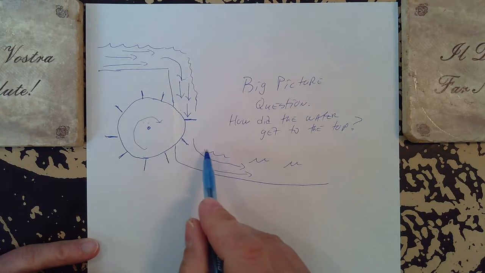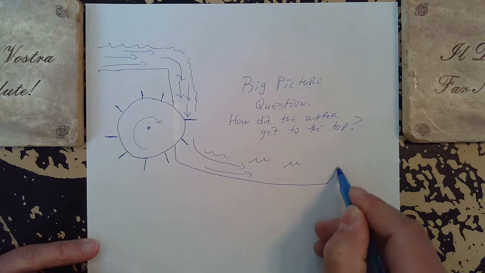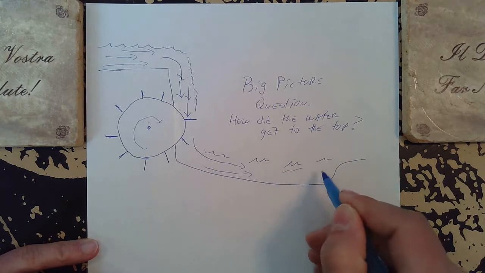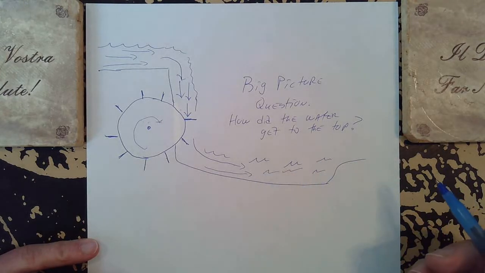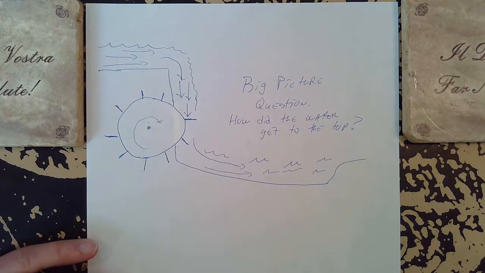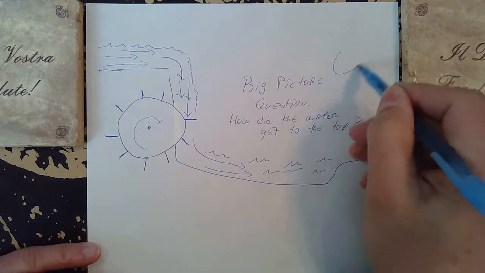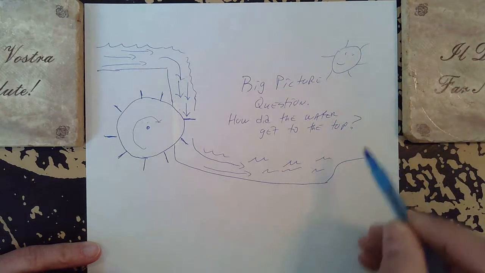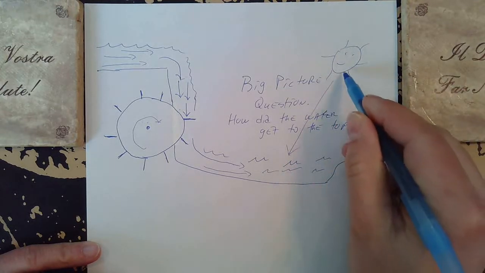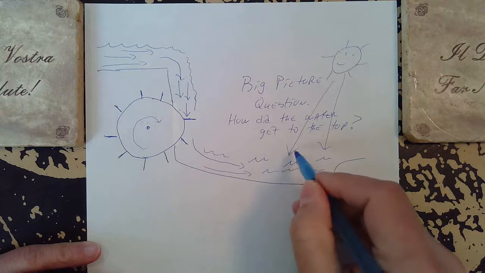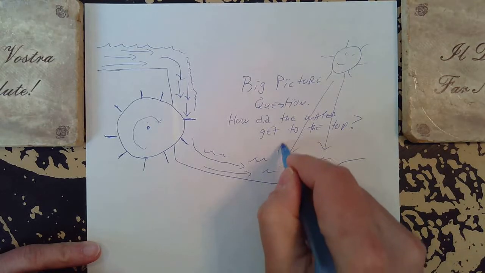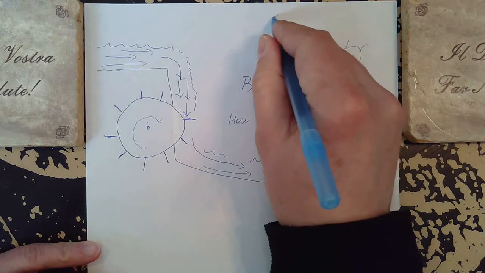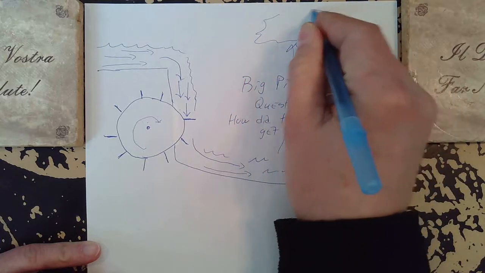So eventually this water down here is going to pool into a lake or a pond or something like that. Eventually the sun shines on this water, causing some of it to evaporate into a cloud,